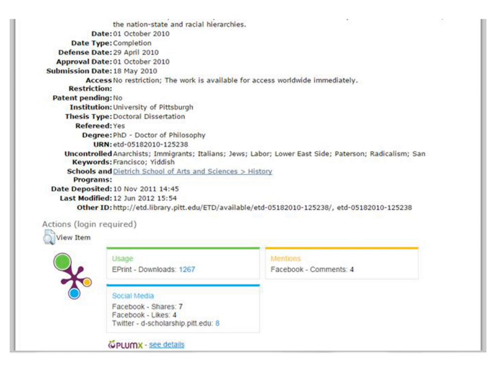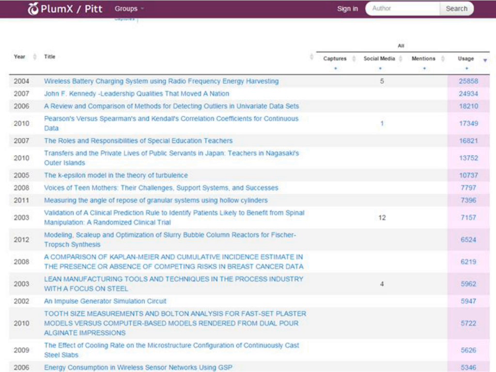We now have over 6,300 ETDs in our IR, and through the PlumX interface, we can look at the impact of all of our ETDs in aggregate. So here's a table view looking at all Pitt ETDs in the IR. I've got it sorted by usage here, so that's the column in pink on the far right. And the counts listed here basically represent full text downloads from the IR.